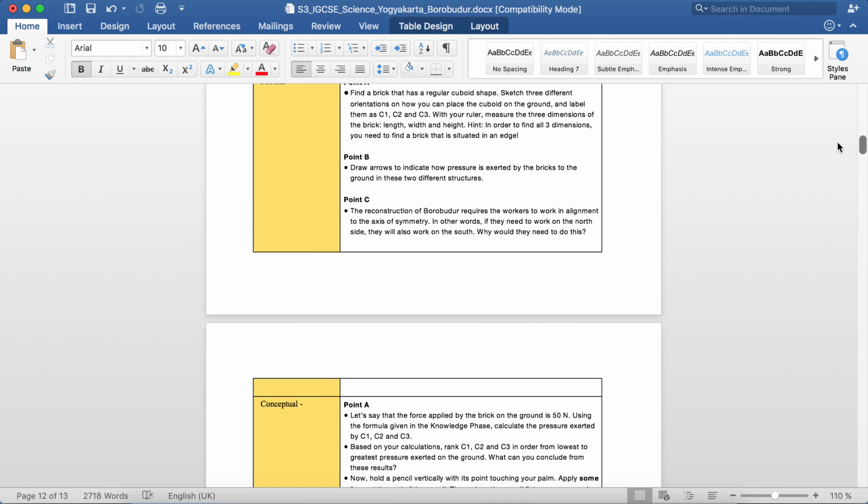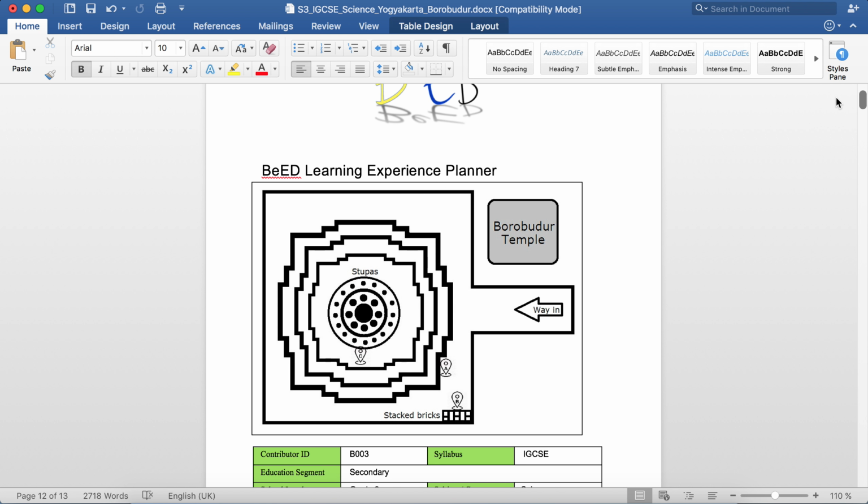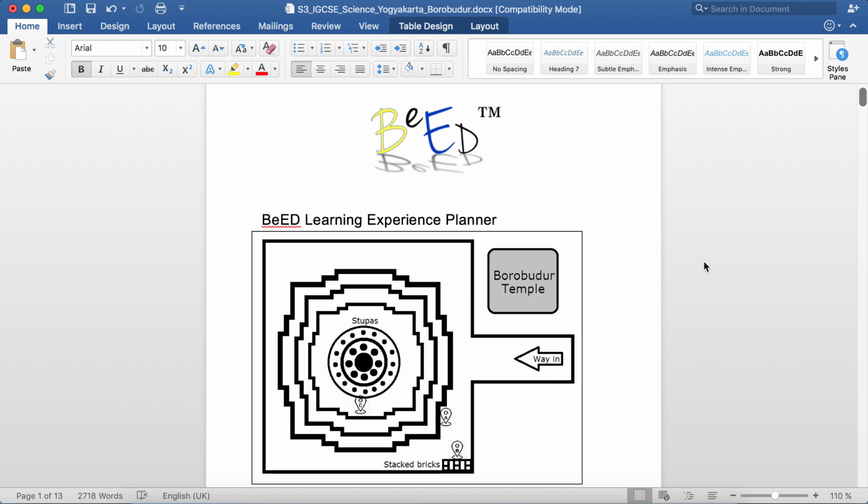Once you feel that the LE is completed, send it in to our helpful team for reviewing. We will then vet the document and return it to you in about 7 working days. Upon receiving the vetted document, be sure to check for any comments written for further correction and improvements. After completing that, your learning experience is finalized and is ready to be